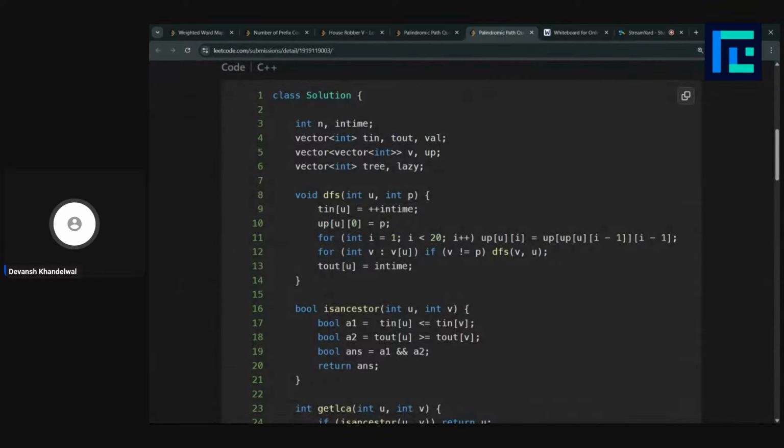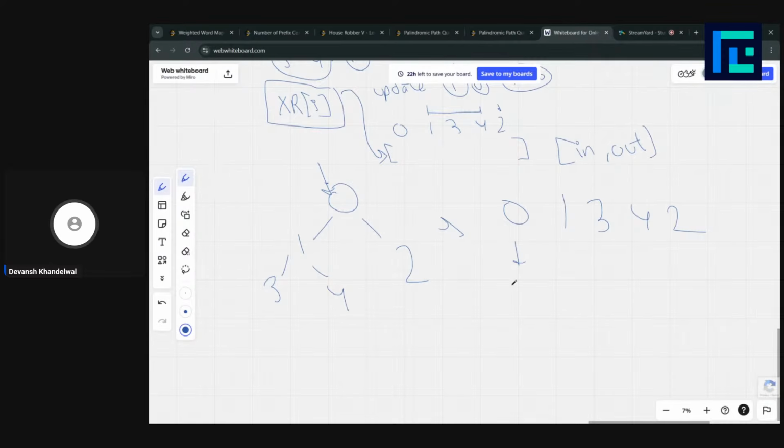This is calculated using Tin and Tout. So in time here is 0. And when do we leave this? We leave this after iterating. We went here, and then here, and then here, and then we again came back. So we took 1, 2, 3, 4, and then we again came back, right?